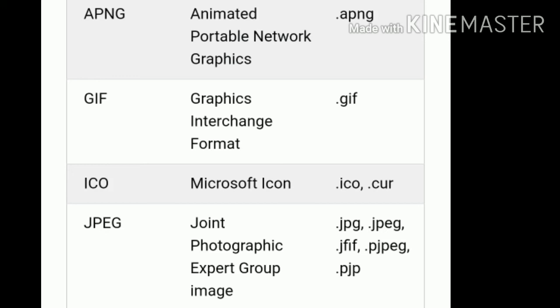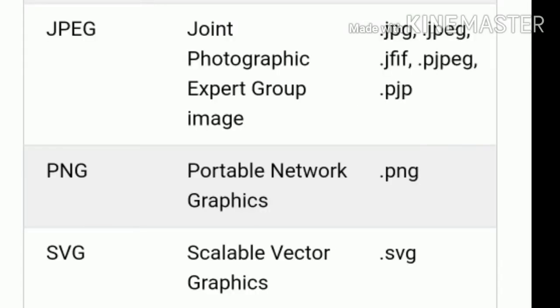The first one: use the HTML image element to define an image. The second one: use the HTML src attribute to define the URL of the image. Use the HTML alt attribute to define alternative text for an image